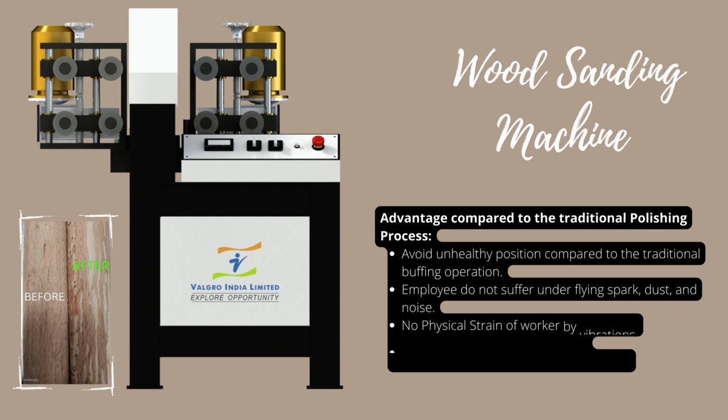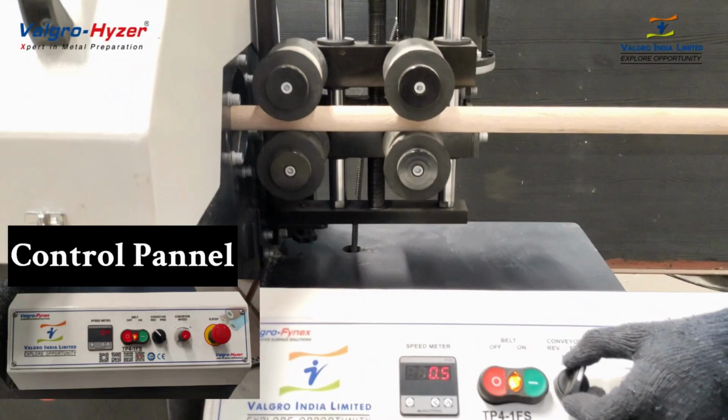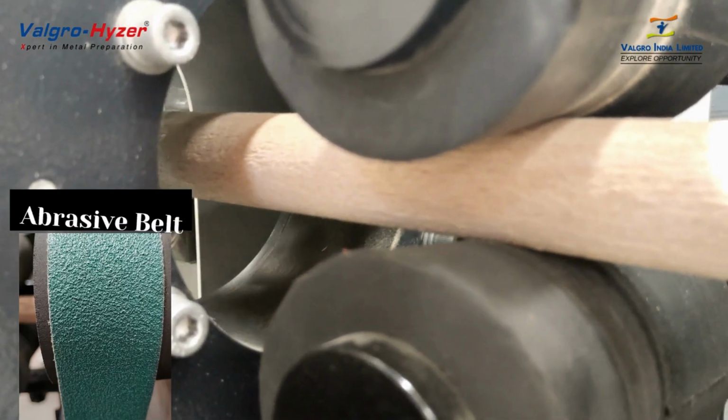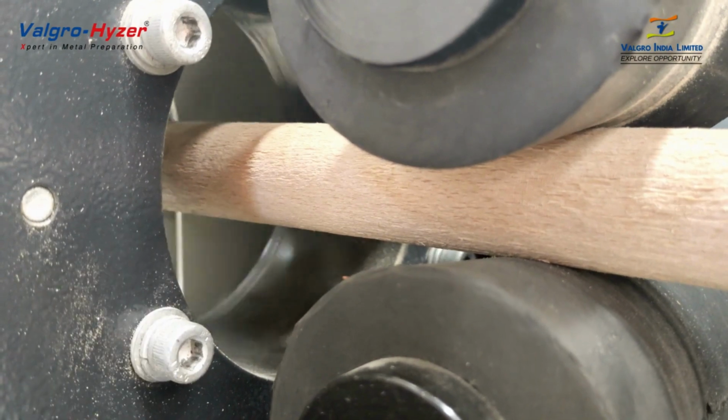Valgro wood sanding machine is for polishing the wood. It has a control panel with a conveyor speed controller, on-off button, reverse/forward switch and emergency kill switch button. The abrasive belt is connected to the machine and it will rotate at high speed to remove the burr from the wood stick